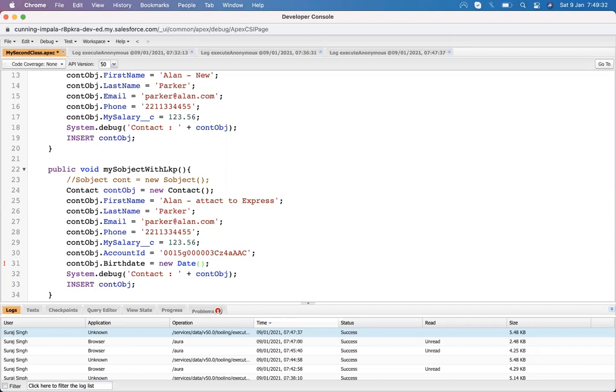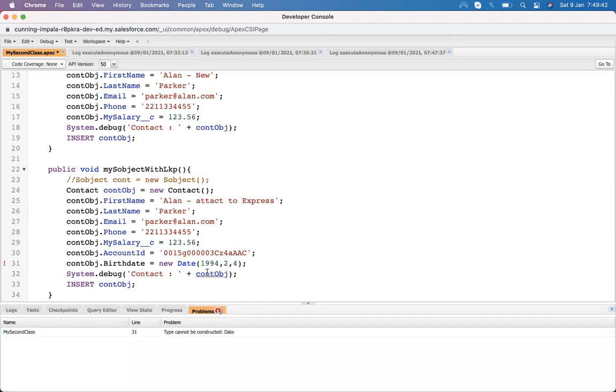It's the same thing. Date dot new instance.